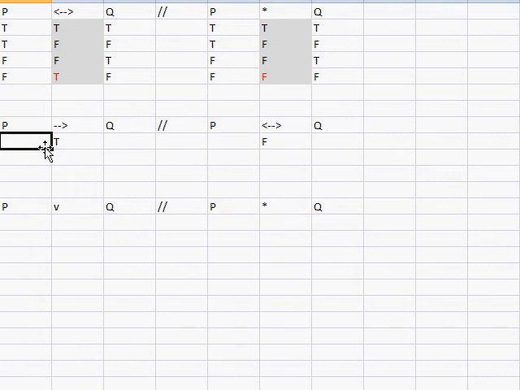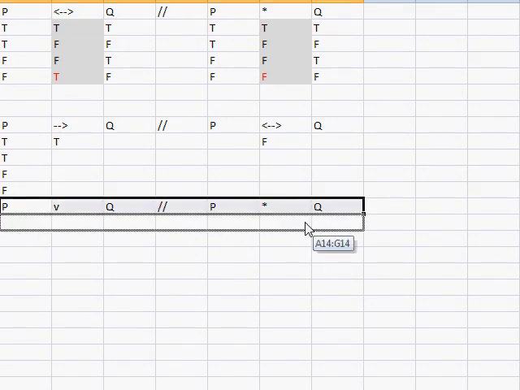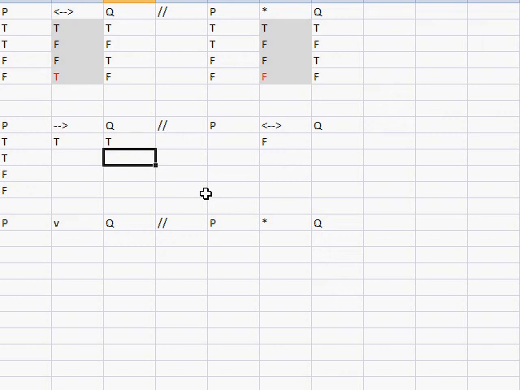So give P and Q the regular truth values: true, true, false, false. I'm going to move this line down a little bit, just to give it more space, and then true, false for Q. First line, it's true. Second line, it's false. The other instances, it's true. And let's do the same thing with the conclusion, since we don't know on what instances the conclusion is true and the premise is false. True, true, false, false. True, false, true, false. And then right here we get true, false, false, true. Let's just highlight these,